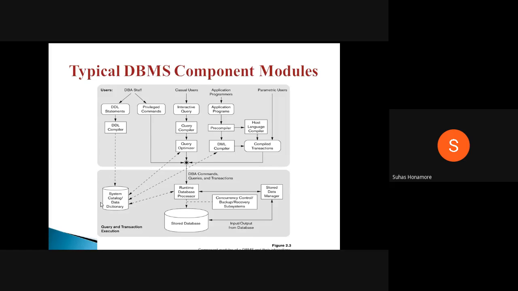Then in the database, when you look at it internally, there are two main things. One is the actual content, the actual values. The other is the catalog, which is data about data, that is, how this data is stored. So these two will be there. Now we'll see how these four communicate to these two.